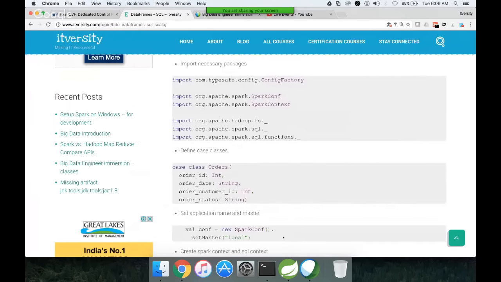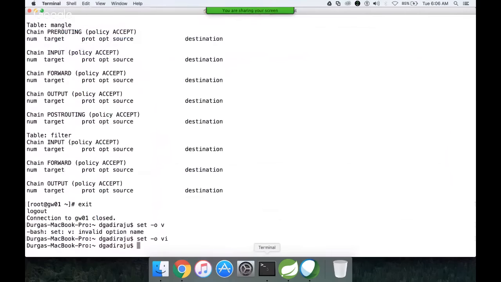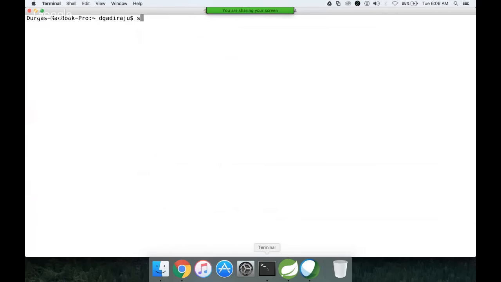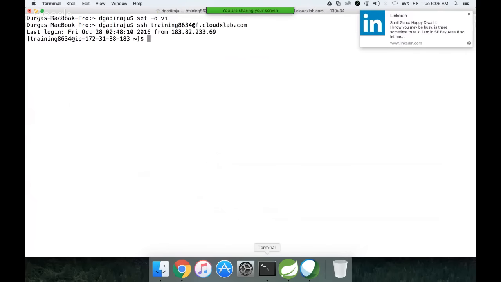So you can do either way. In this case, for the demonstration purpose, I am using the CloudX lab. I'm logging into the CloudX lab. Once I log into the CloudX lab,